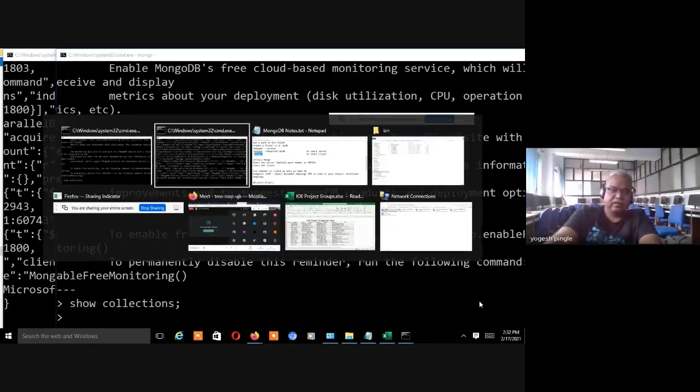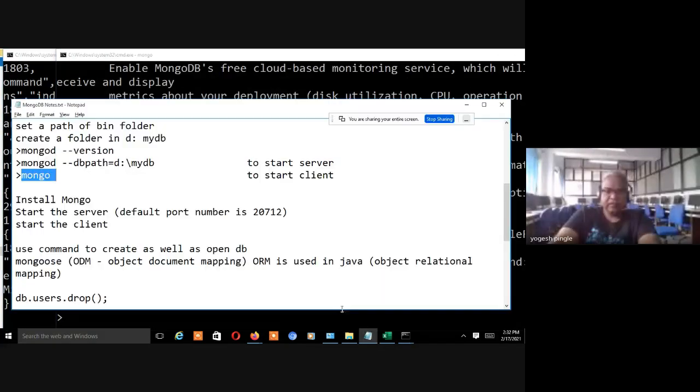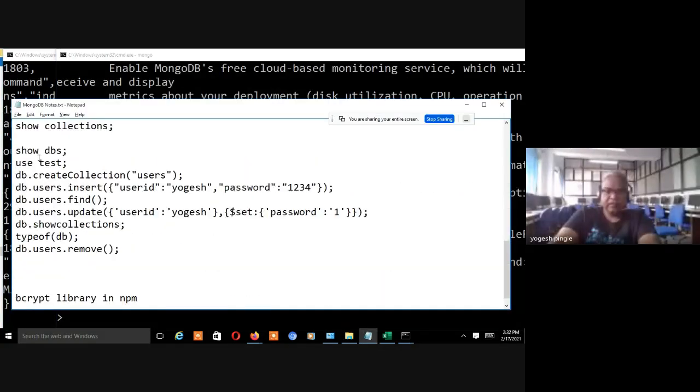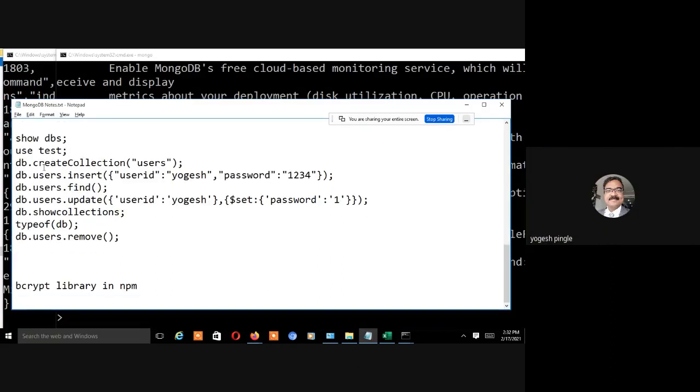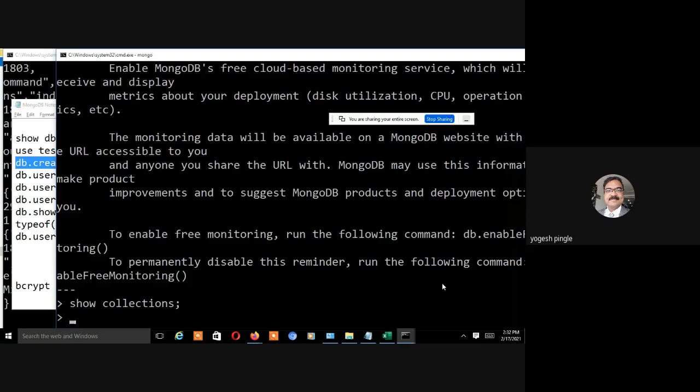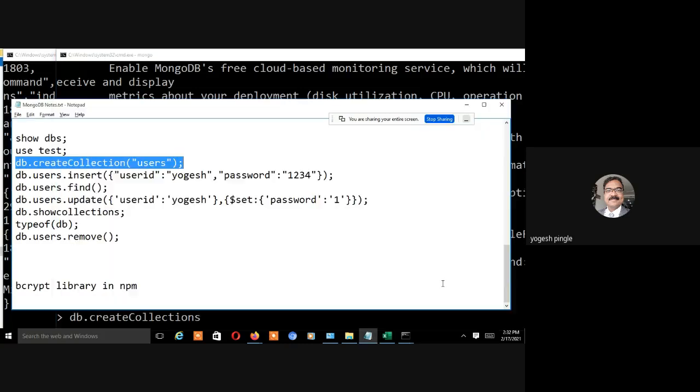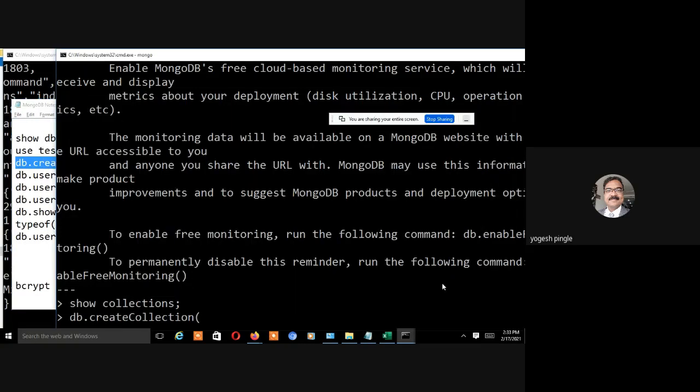Now again, a few more commands that I have put over here. Let's say you want to create a table of users. How can you create it? By giving the command db.createCollection, and inside the brackets you give the name of your table.